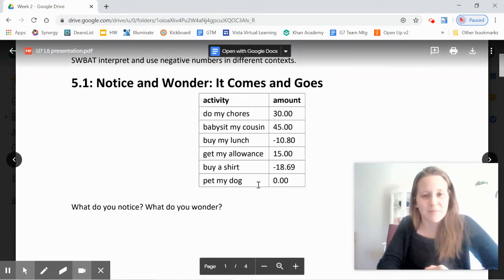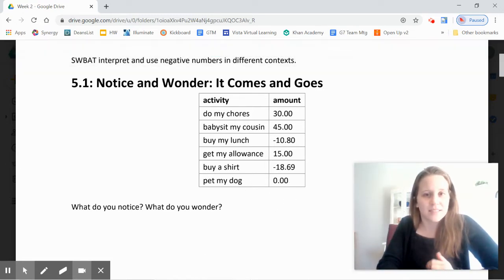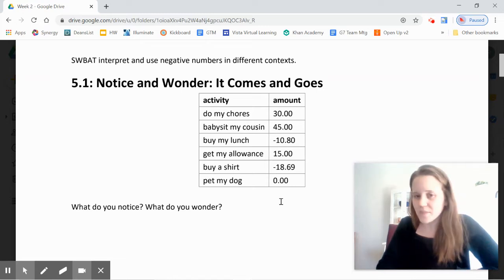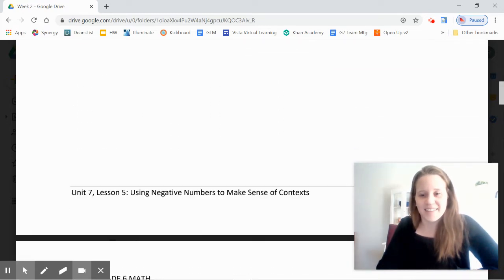Something that neither cost money nor earned money was no change, 0. Awesome. Let's try